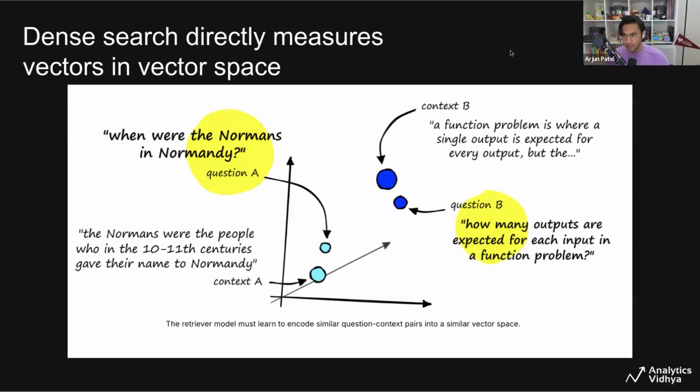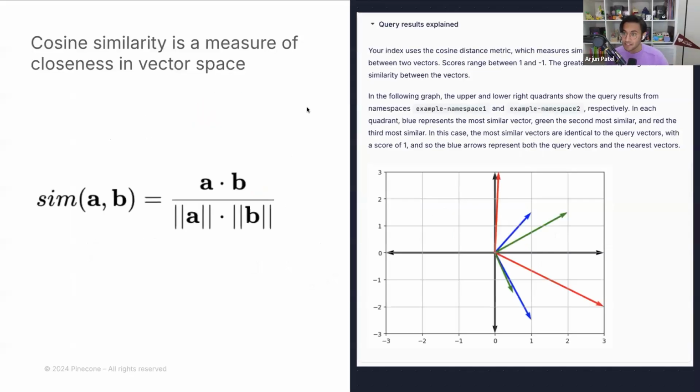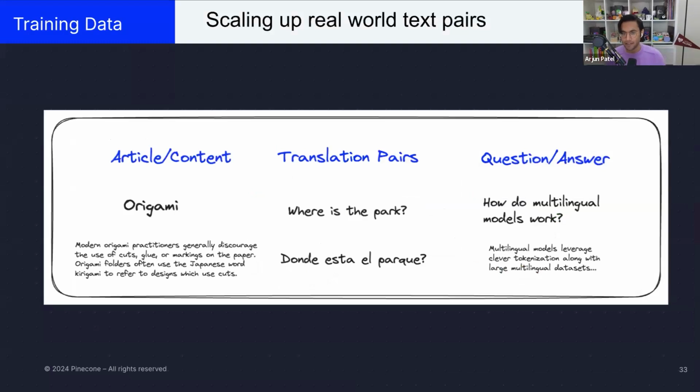Now, what dense search is doing is exactly what I described just now. We're creating these document level embeddings so that we can measure the distance between these documents in vector space and the queries that we're using, rather than looking at the specific words. And we're going to find the documents based on that sort of distance instead. And this distance is going to be something called cosine similarity, which measures the angle between the vectors that we're interested in. The assumption here is that the angles that are closer in vector space are going to be more similar, and the vectors that are farther away in vector space are going to be less similar. So this is going to be the way of finding similarity instead of doing impact scores.